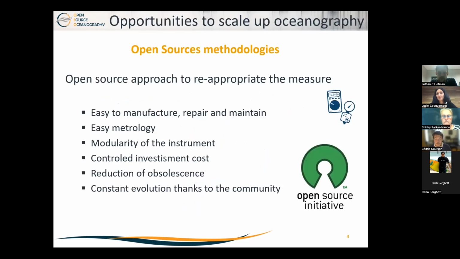I will start by showing you some opportunities to develop a frugal oceanography. The first one is open source methodologies. Open source is an opportunity to reappropriate the measure. Open source means that all the sources and everything we need to develop something is open, and all people can discover the sources and contribute to evolve